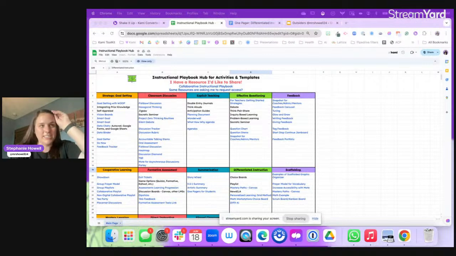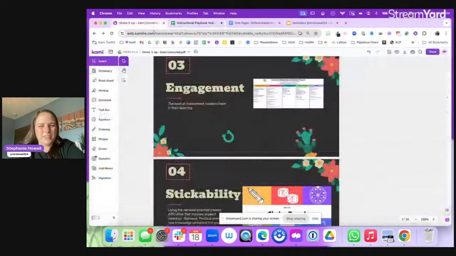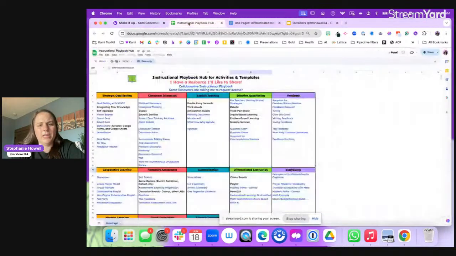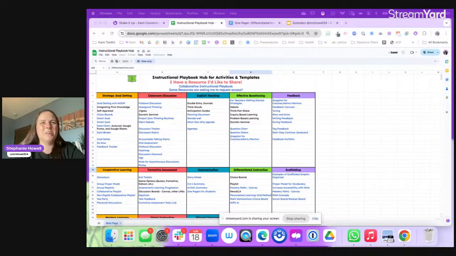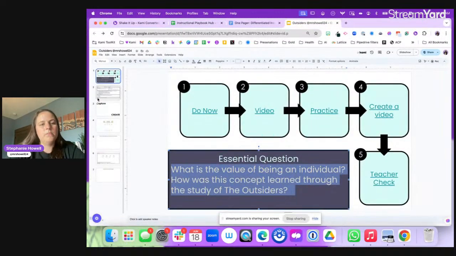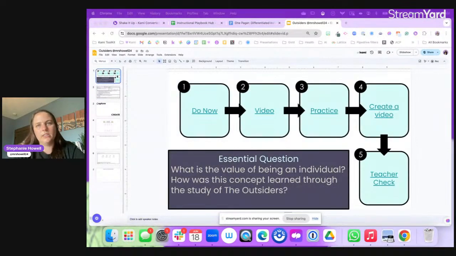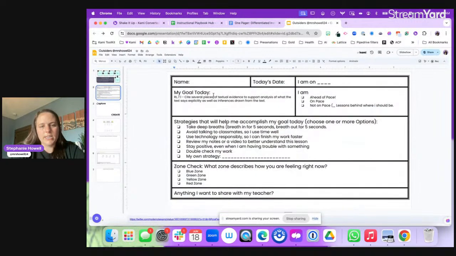And so again, I want you to pause and I want you to think and search through this activity. You can just click on it on this page. You'll click on it and you'll be able to open up this spreadsheet. So what activities should we use with the outsiders to help support, right? We want to help support the answer when it comes to our essential question, but also with that standard, okay? So again, pause that video, take a look at those resources on that spreadsheet as you're developing your engagement activities